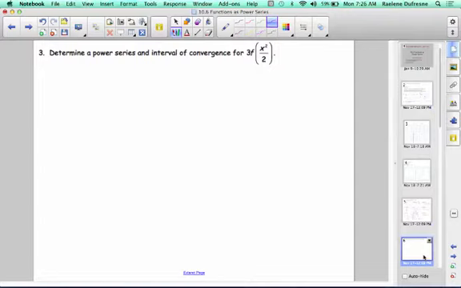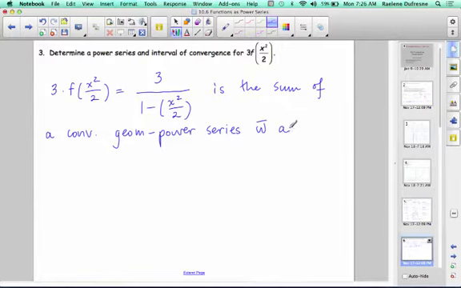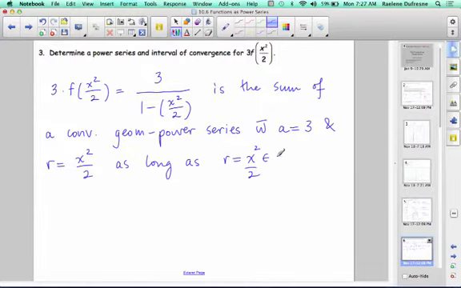In number 3, determine a power series and interval of convergence for 3 times f of x squared over 2. Well, if we have this function, 3 times f of x squared over 2, we can see it as another geometric power series, but this time we have a different a value and a different r value. So we can see that this is the sum of a convergent geometric power series with a equal to 3 and r equal to x squared over 2, as long as, to be convergent, r, which is equal to x squared over 2, is contained from negative 1 to 1. So the power series is going to be